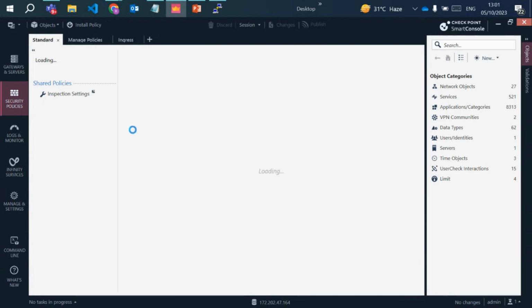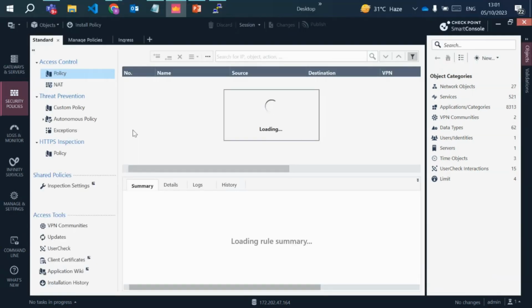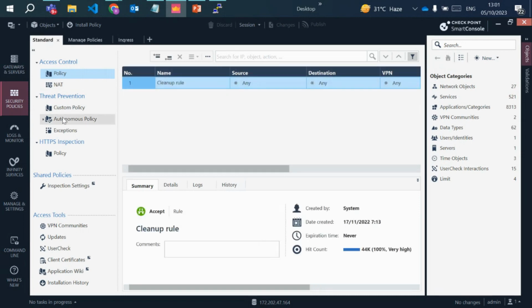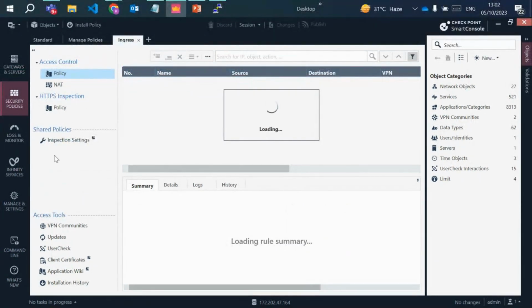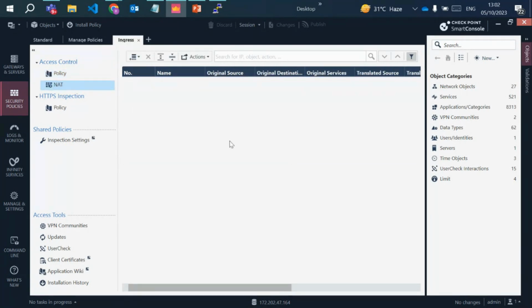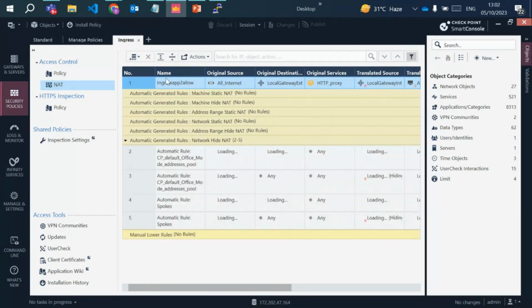Okay, so to do that, I just simply created one NAT policy, and I just wanted to show you what NAT policy I created. I created a separate package altogether for my ingress traffic flow policy. So I click on ingress, and if I go to NAT, you can see that I created one simple policy,